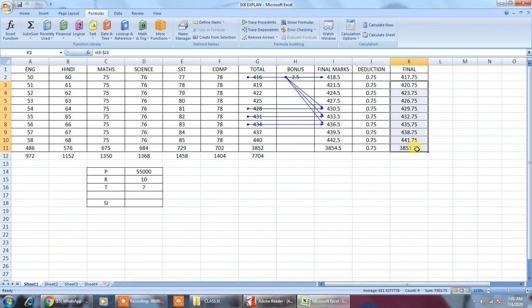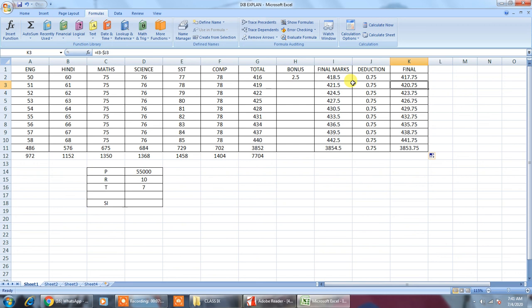I have applied a formula, you can pay attention. I have written here I2, what is this? This is total marks. This is the I2 and minus 0.75. So for 0.75, in the formula bar, you can pay attention, I have written $J2. I can write it as $J2 or J$2 as well. And whenever I drag it, yes, of course, relative means these are in relation, so the cell addresses change automatically and it has deducted. This is the concept of the mixed reference.